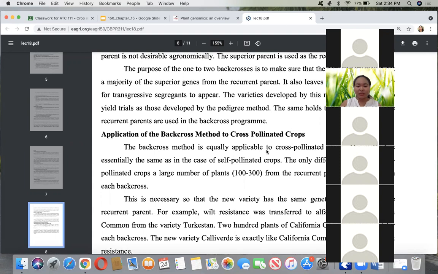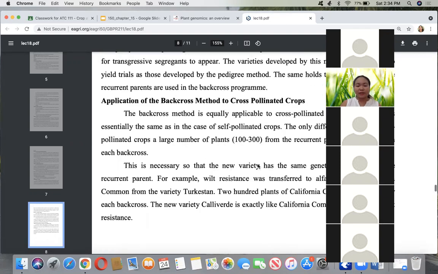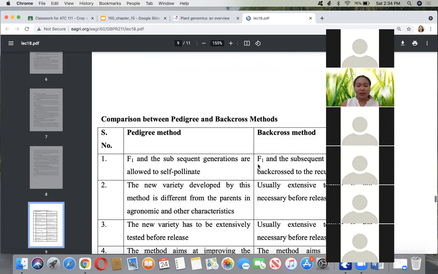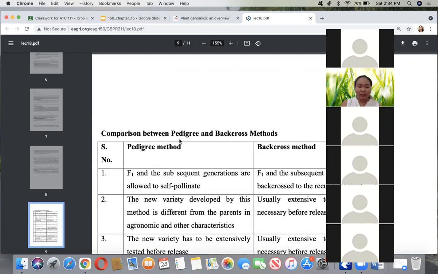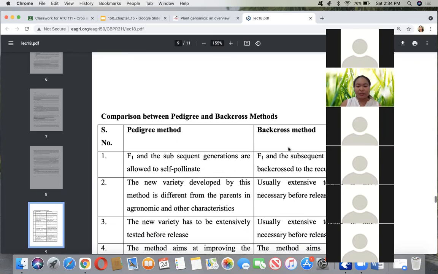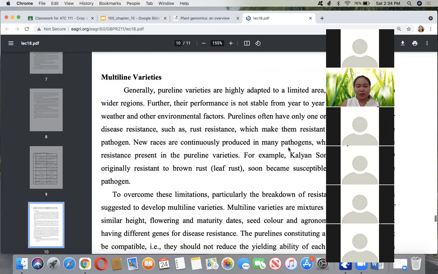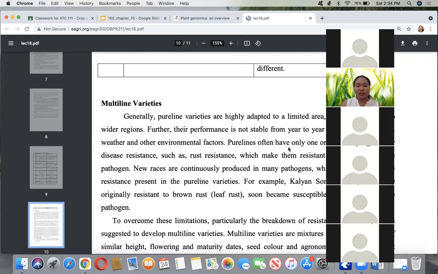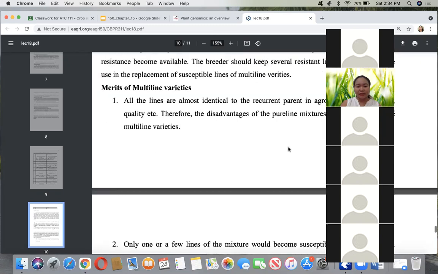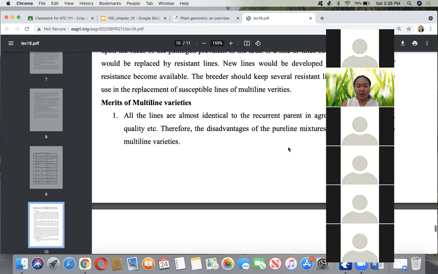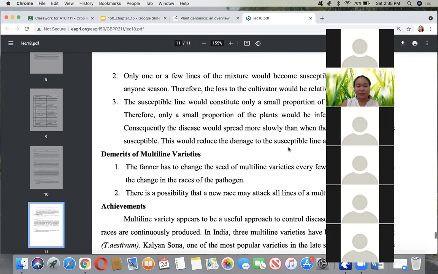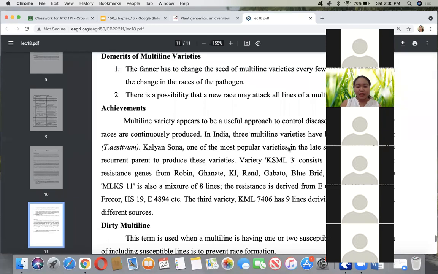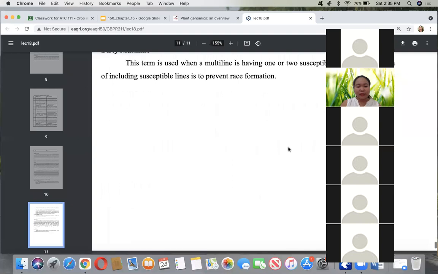So it has applications which are almost similar to those in self-pollinated crops. So I guess here there is also a comparison of the pedigree and backcross methods. And it's also used in multi-line varieties. So I hope you will have time to read this, the merits of multi-line varieties, and so far, our achievements in terms of